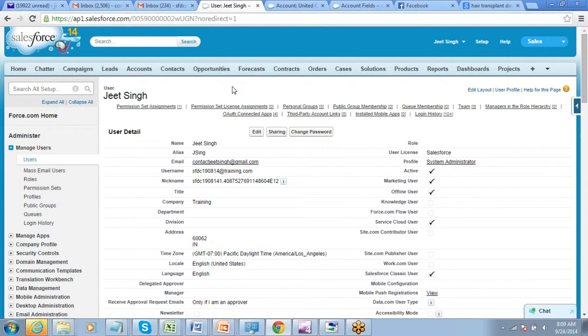Now we have understood how to control access to things like objects, apps and fields, everything. So controlling that part of access is absolutely fine. Now there is another challenge that any company has, that is with the sharing of records. If you own certain records, I own certain records, then whether I should see your data or not. If you are working on a case and I am working on my case, whether I should see the cases that you are working on or not. This is something that you will not decide. This is something that the management of the company will decide.